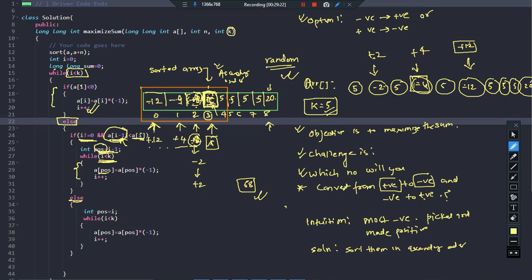In that case I will not do the key operations anywhere else, but I'll just pick up this position I, because I know that if my array was 5 5 5 5 20, all elements are positive, and we know that this 0th index itself is the smallest number. So perform all the key operations on this number itself. That is why I'll run a loop from I to k, I plus plus, and I'll apply all the operations on this number itself, right? And finally we are getting the output.